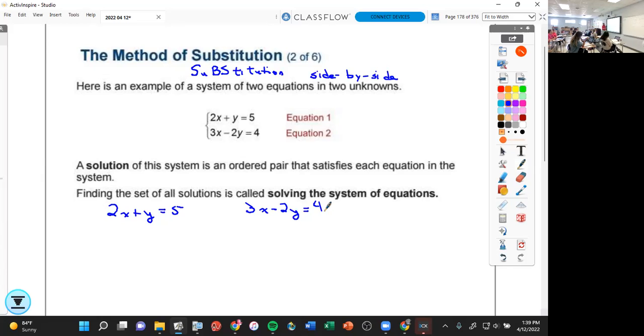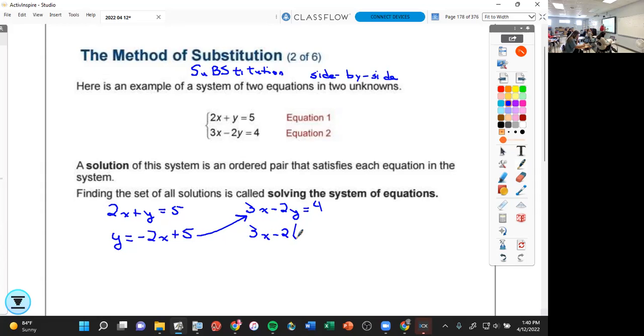Okay, so I will work with the left equation. Getting y by itself, subtracting 2x from both sides gives me y equals -2x plus 5. Can I do anything else with that equation? No. Now that I know that y and -2x plus 5 are the same thing, I can take that value for y and substitute it into the other equation, hence the term substitution. So I have 3x minus 2, and in parentheses, y is -2x plus 5,